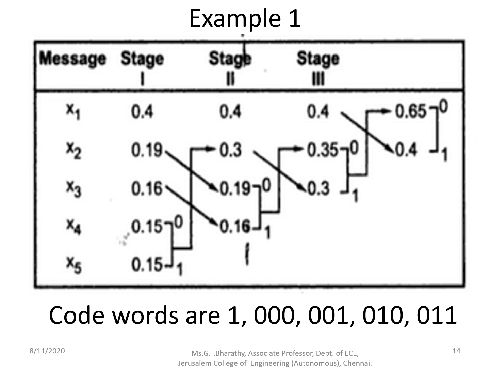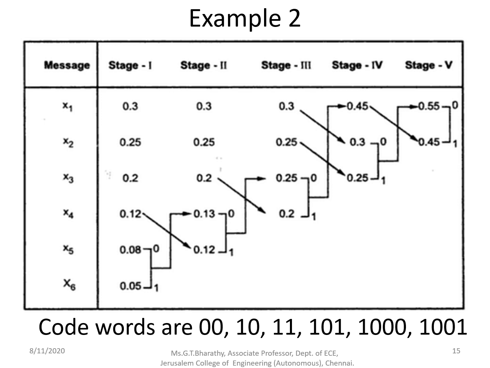Okay. So we'll see another example where we have 6 symbols x1 to x6 with values 0.3, 0.25, 0.2, 0.1, 0.08, 0.05 arranged in decreasing order. First step is you have to assign 0 and 1 to the last two probabilities. You have to add the probabilities, which gives a value of 0.13, which is placed in descending order in the second stage, next to 0.2 and before